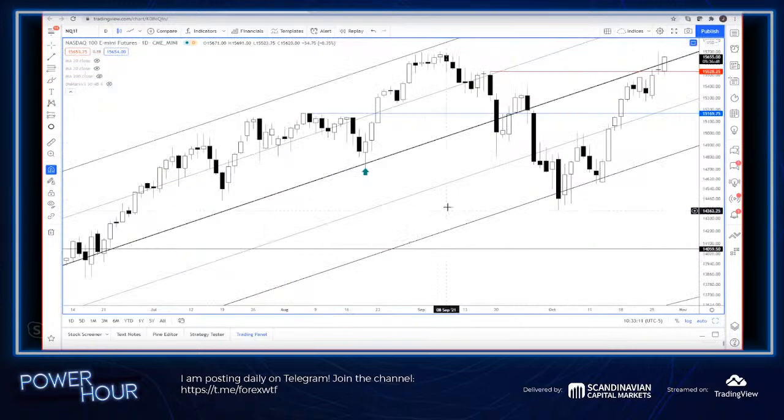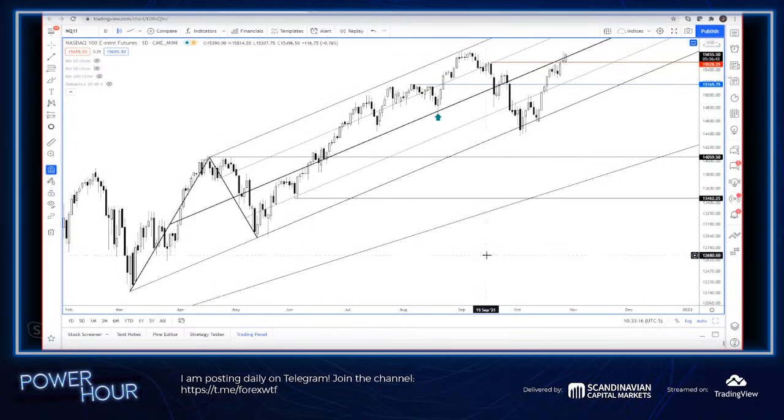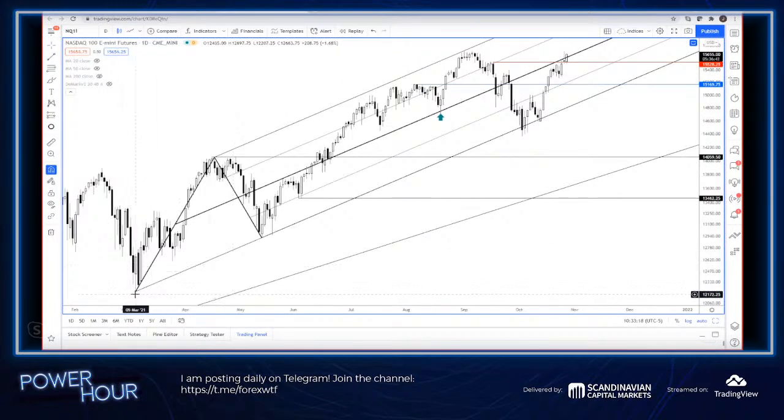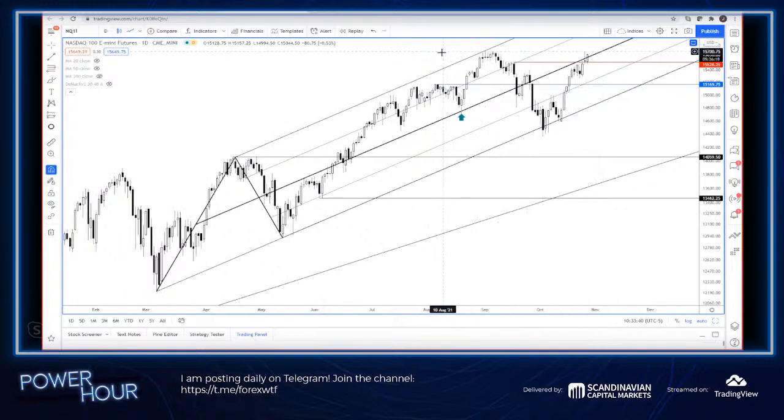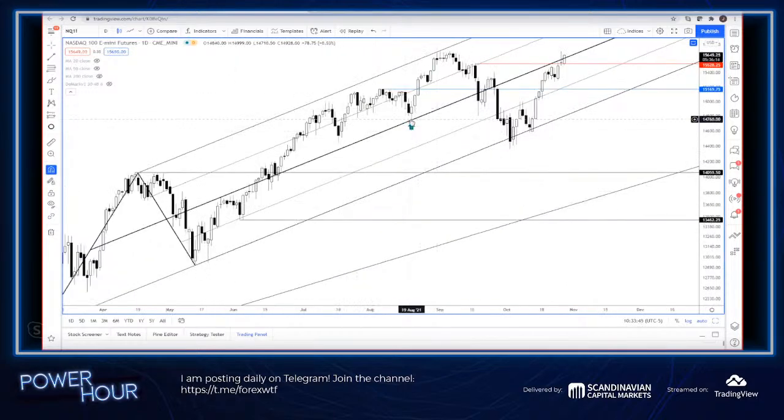So here's NASDAQ futures, and this is a chart from a couple of days ago. This is the channel you're looking at from the March low. It's a beautiful channel. It's where we bottomed back in October, took off from there again a couple of weeks ago. The channel top basically identified that high, and we tagged those highs yesterday in futures as well. But also the center line here, which was a big support on the 19th of August.